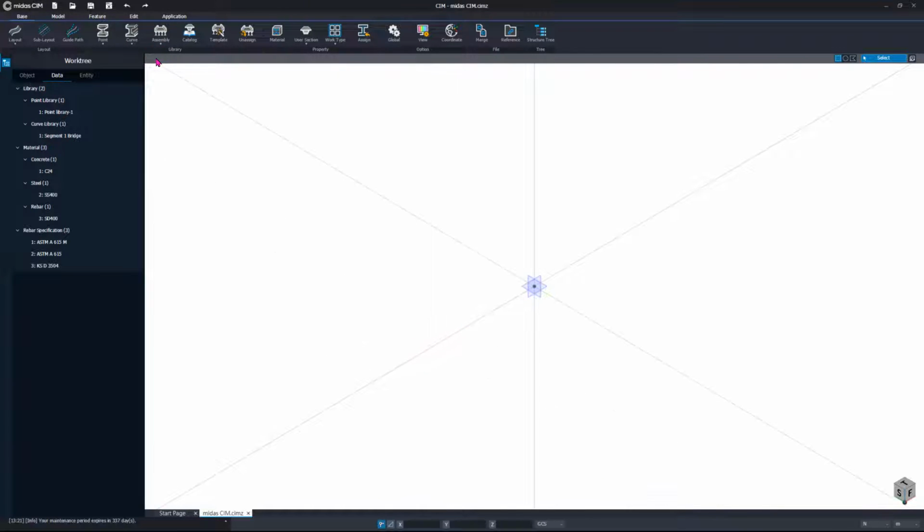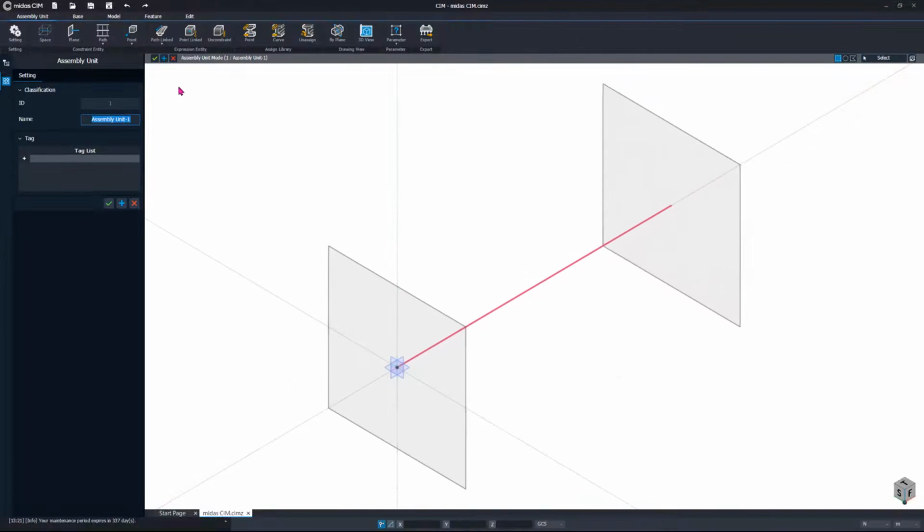So after that, you can also create an assembly in here. You can create assembly. When you create assembly here, this is similar to the curve library, but the difference is just that it's a compilation of many curve libraries in the assembly unit here.